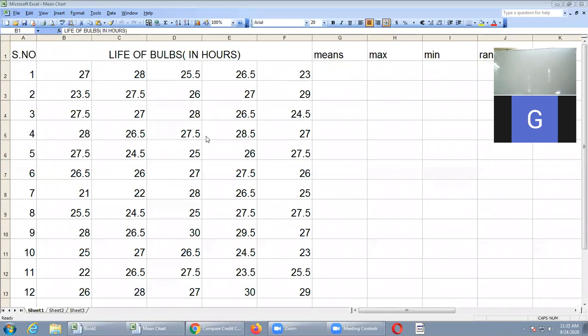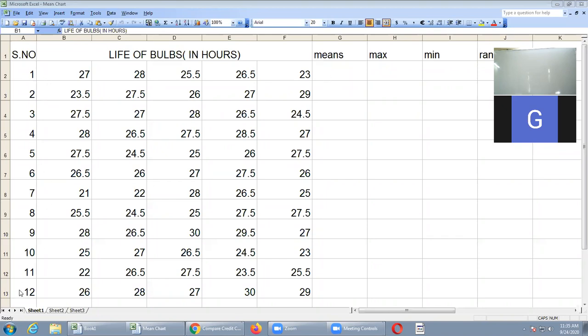In this I will tell you mean chart construction both ways. That means using range and using S also I will tell today. Using S, that means using standard deviation, you can construct the mean chart. Using range also you can construct the mean chart. Yesterday I told using range you constructed the mean chart, but I forgot to tell how to construct it using standard deviation. So today I will tell you both, and then range chart as usual, S chart as usual.